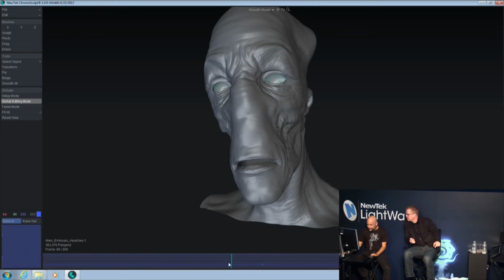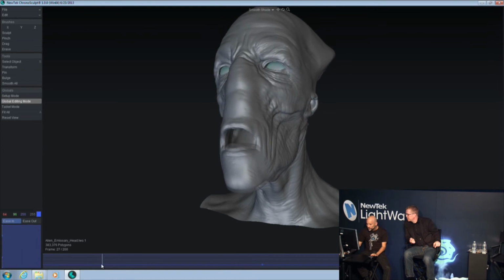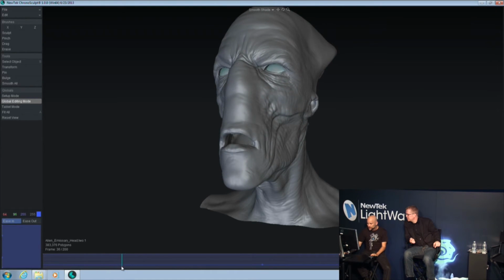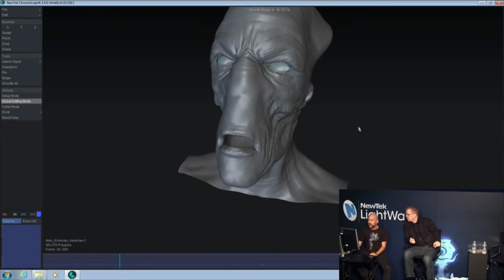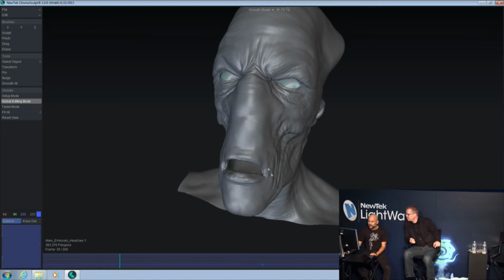So let's choose, for example, this moment here. Let's say we want to add a variation to the mouth. I'm going to drag some of these points here, like this. I'm in global editing mode. I want to create keyframes, so something we didn't show yet. And so now we get this, which is a very natural variation. Of course, we can